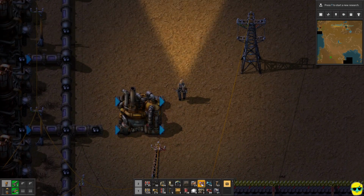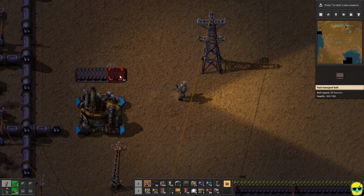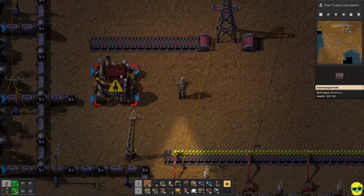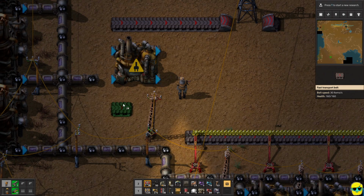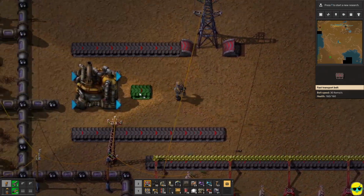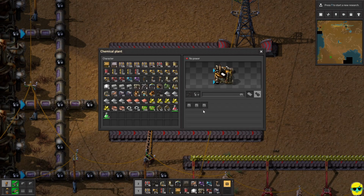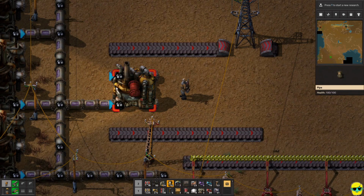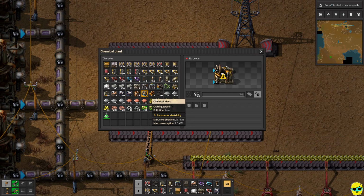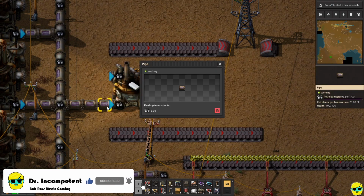Okay, so then we would have a belt on top, well, going the other way. So then we could have a belt on top for coal, and a belt on the bottom that was plastic going like this. And it doesn't matter necessarily, I guess, if I want this to be making plastic. It really doesn't matter which one acquires the gas. I don't think you need it coming in both. I mean, it needs 40, but this puts out